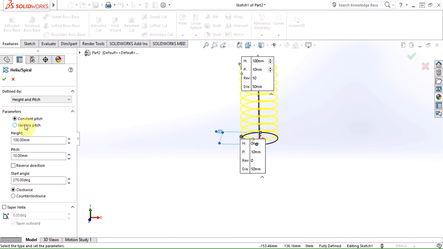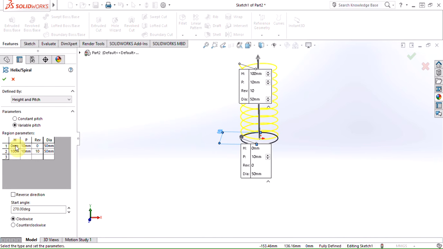If I want a variable pitch, it's going to give me the parameters at different heights. So H is for height, P is for pitch, dia is for diameter, and this is revolutions. Now revolutions is slightly greyed out because you're defining by height and pitch. So if I were to change this height to 10mm and I wanted the pitch to be 3mm, I need to change that one to 3mm as well. And then if I went up to 20 at 10mm,